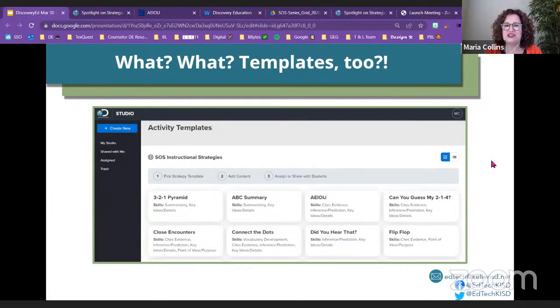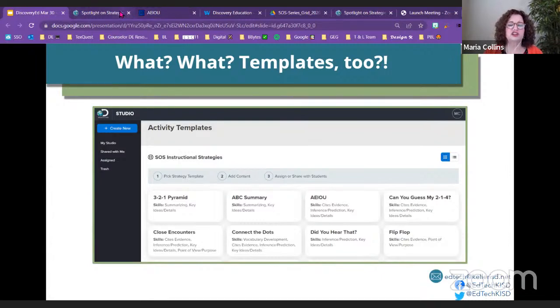All right. So these are some of the new exciting things that you don't have yet, but I talked to Christy and Misty and Aaron, and they said, we'll share away because you will have them in the fall. And as a matter of fact, our hope is that you'll have them in the summer so that you can practice. But they actually have something called Studio, and Studio acts as a presentation tool, but it's also a tool that students can use to interact with. And my favorite thing is that they have created templates with a lot of those SOS strategies.